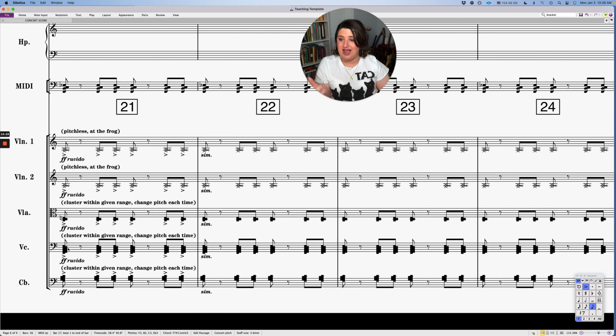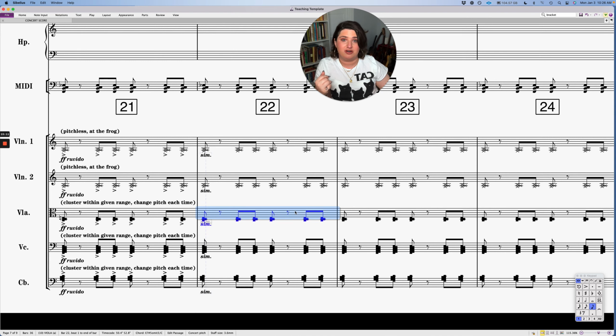You could also ask for grab any comfortable double stop within this given range. That's another option, and there's nothing for the violins to do because these pitches aren't available on the violin. So you could ask them to just do some pitchless bowing, where they're just dampening the strings with their left hand and at the frog, and really just adding some grit on top of that.